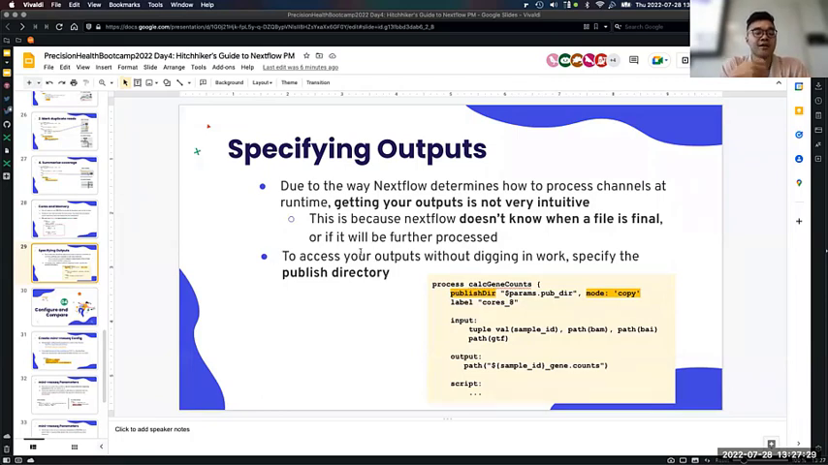So you know that the BAM that I've produced is actually a BAM that I want to see, and I don't want to dig into work and then go find a specific hash to find that file, because that's where it would live otherwise. You would have to specify a publishDir parameter at the top of the process that's producing the output that you want. Okay, so in this example, we're quantifying gene counts, and here I'm producing this underscore gene.counts file,